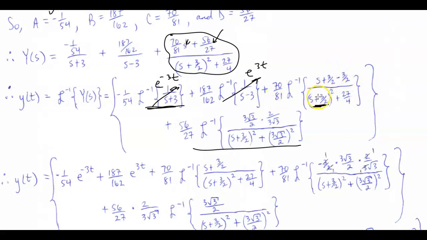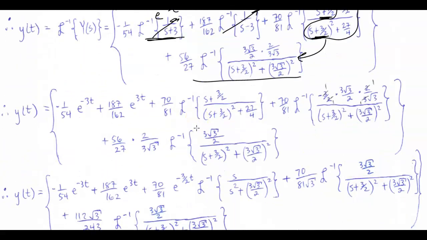Now, because I have this shifting going on to the left by 3/2 units in the s domain, I have to mimic that here in the numerator. So I have to have this plus 3/2. But in order to balance it out, to actually make it still be s, I have to subtract the same thing that I added. So that means I'm going to have to introduce another term, that kind of looks like this. And that's going to combine with what this is going to end up being, because both of these, if we look at the inverse Laplace transform of them, are going to relate to some sine function. Okay,